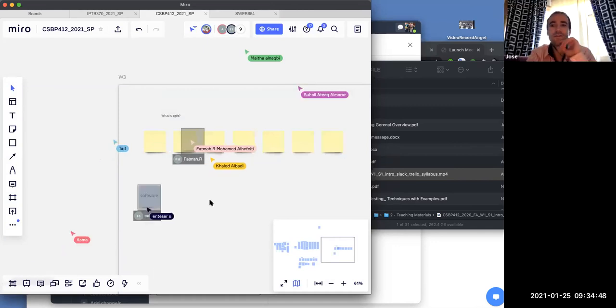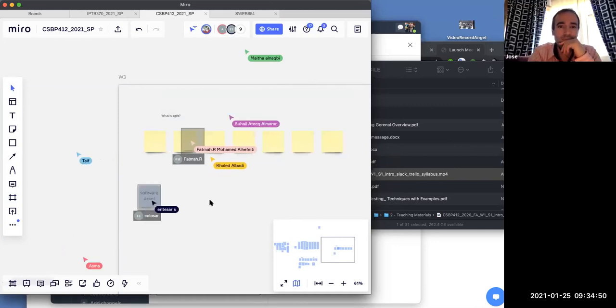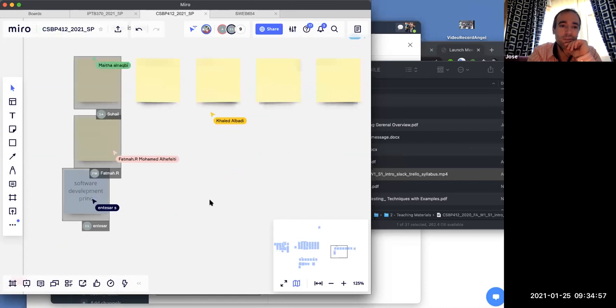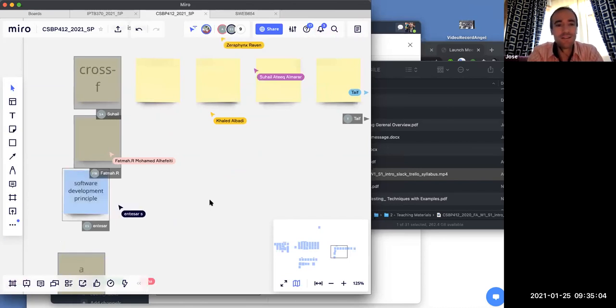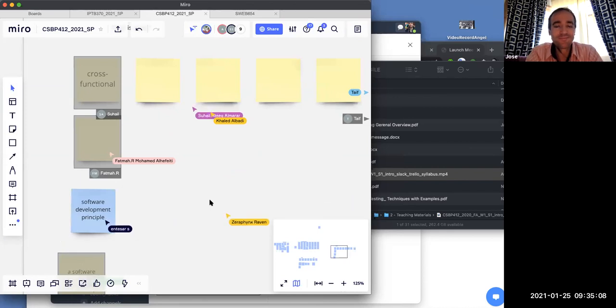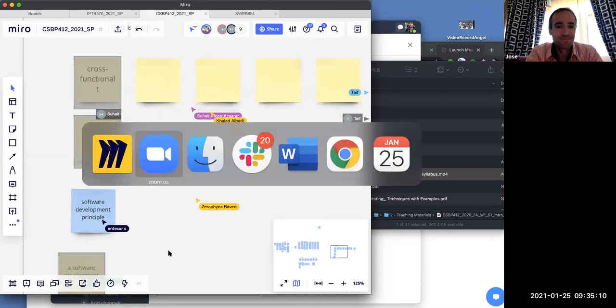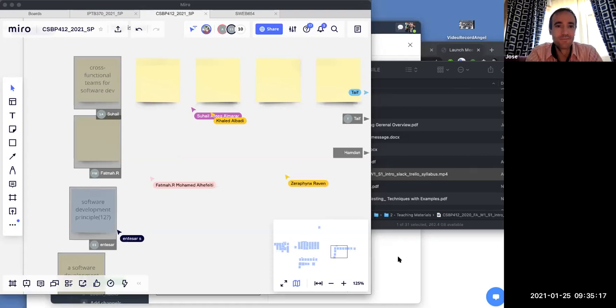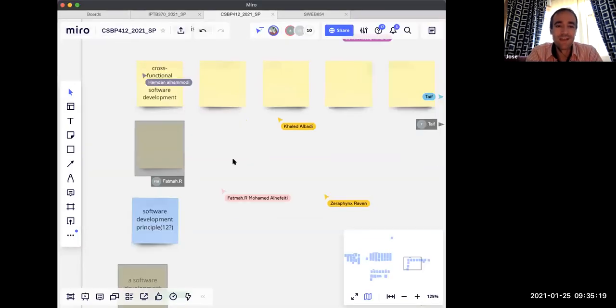You can use the post-it stickers. Software development. Yeah, okay. Good. Principles. And Cesar, very good, but how many? How many principles? Absolutely, 12 principles.